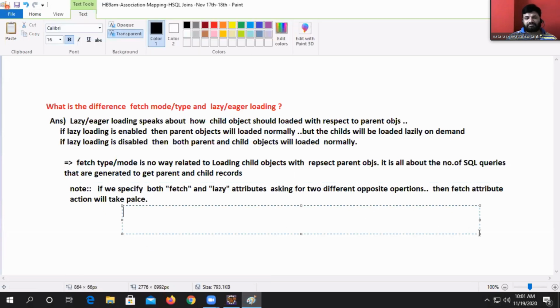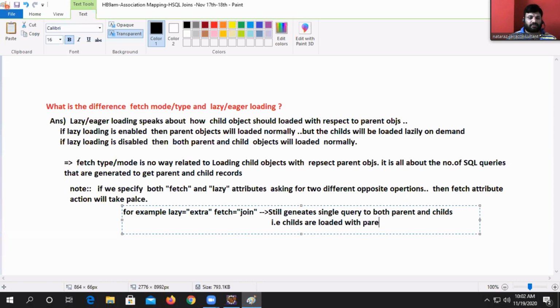For example, lazy is equal to extra, fetch is equal to join. Still it generates a single query to get both parent and children. That means children are loaded with the parents eagerly,